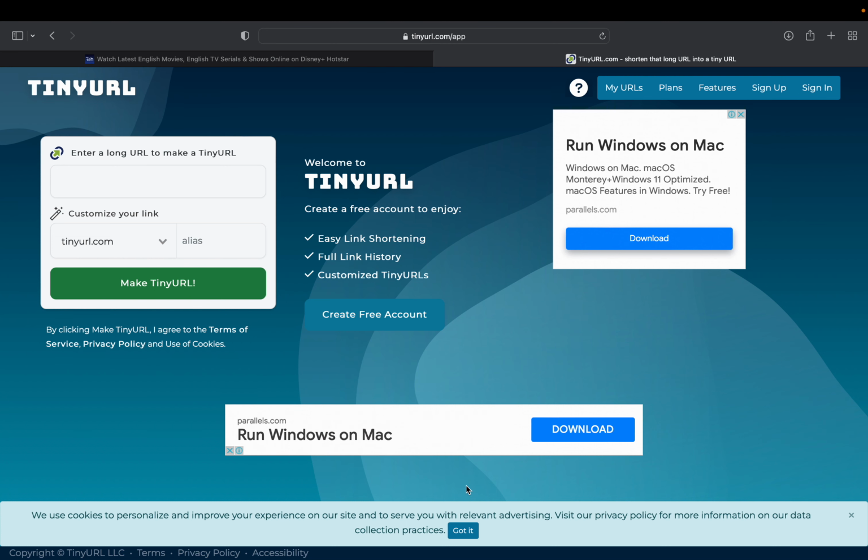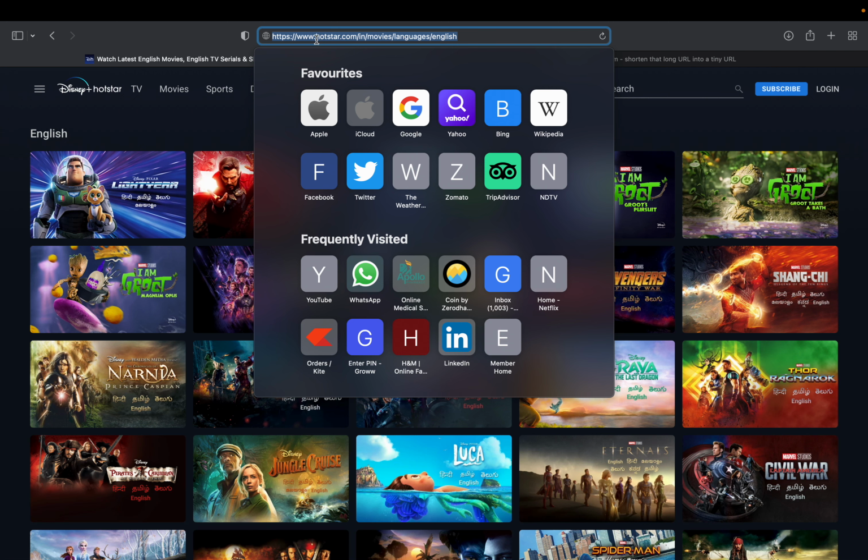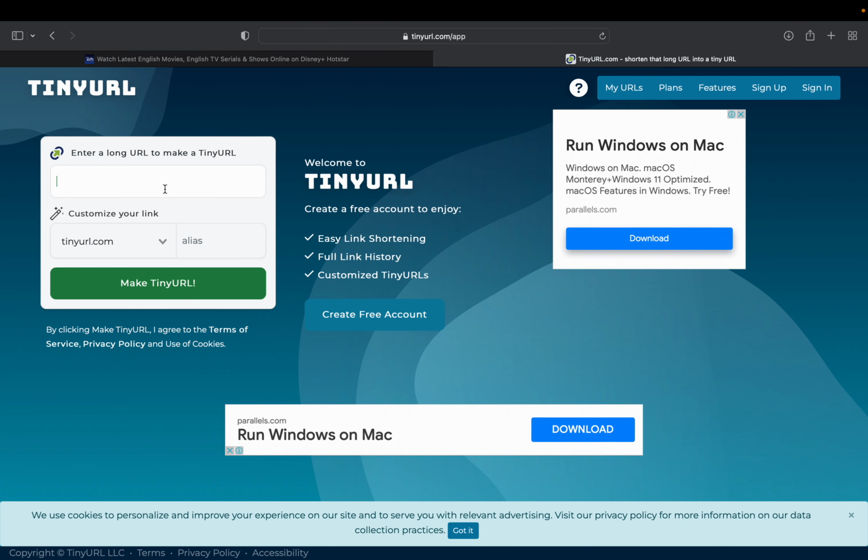Extract the full URL from the TinyURL. So let's start. This is the full URL, the Hotstar one, movies language English, and now we make it as a tiny URL